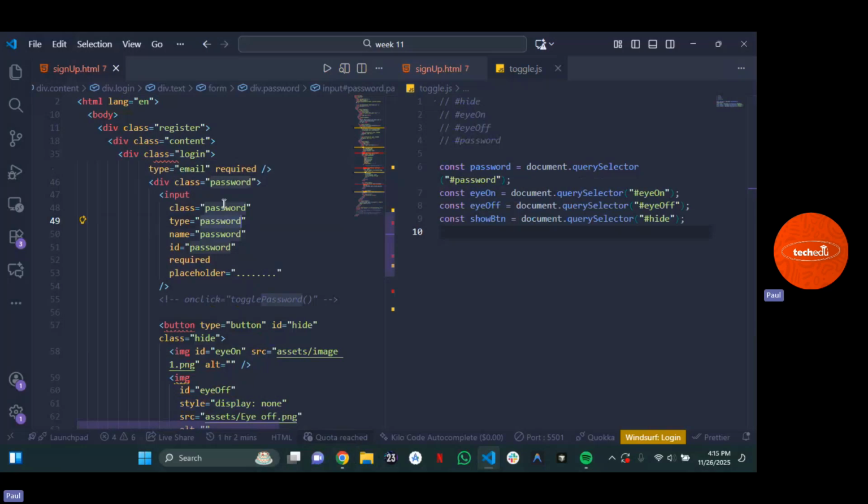You understand the logic now? So whenever the password type is password, you want to make sure that the show btn is going to show, and then the type is not going to be text. Is it clear? Now, when you have type of password, the show btn is going to change to on, yes. So when you now click on it, it should change that particular type to text. So how are we going to do that? We can easily say